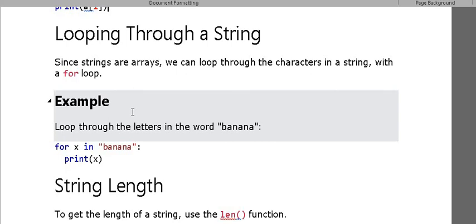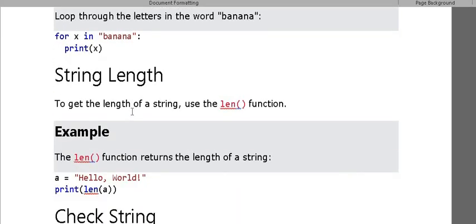So first time it will print b, next time a, then n, then a, then n, and then a. In this way we can print the string value by using the for loop.